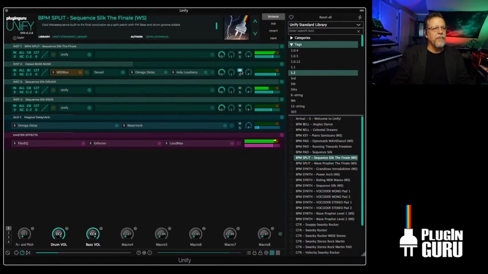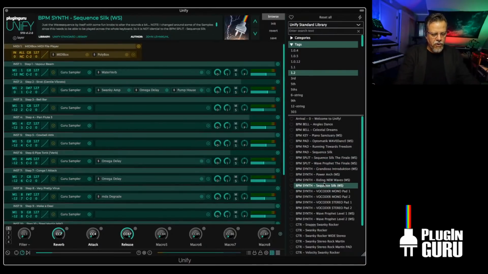I'll turn down the bass for a minute. And then drum groove is here. It's a little bit different than the wave sequence up here because when you're playing across the keyboard, the whole thing, you can't have